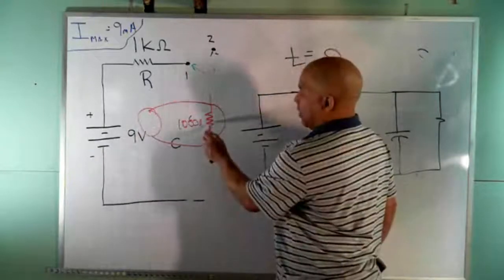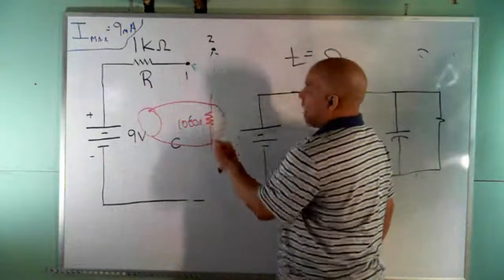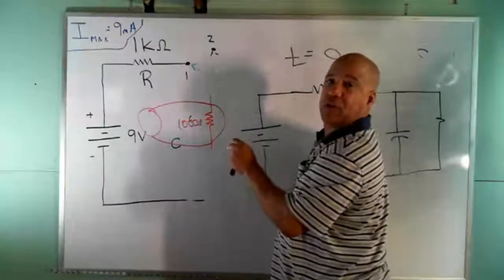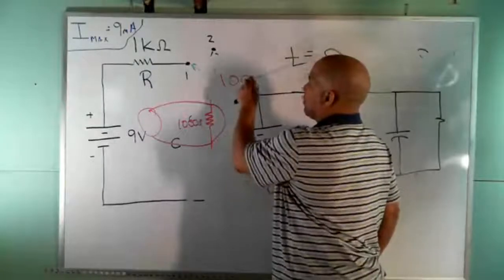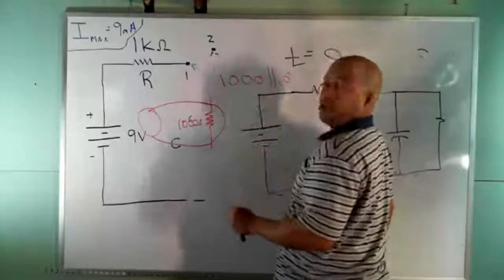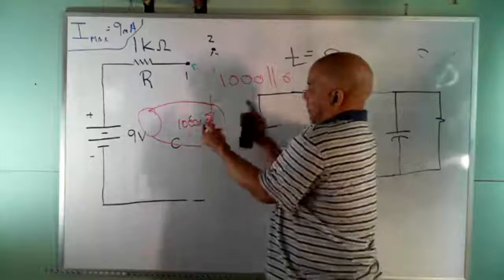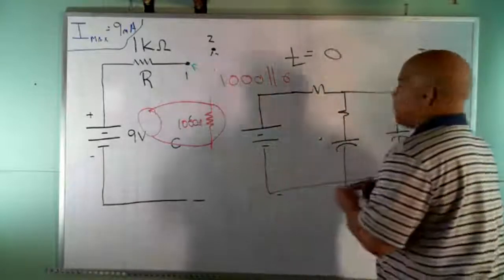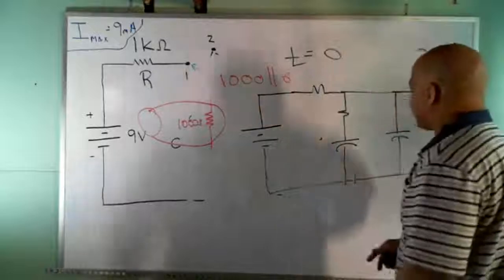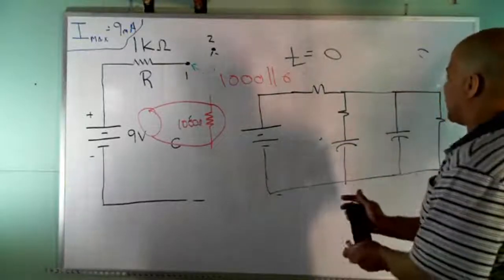Because you have 1,000 ohms, think of the wire itself as a resistor with a value of 0. You have 1,000 ohms in parallel with 0 ohms. So basically, it takes it out of the circuit. So when you come over here to do the analysis on exam 3, once you replace this with the short,